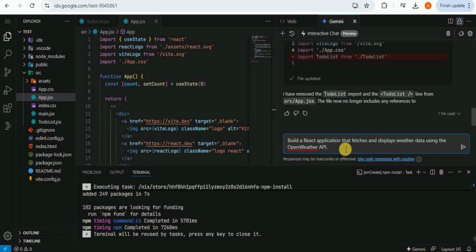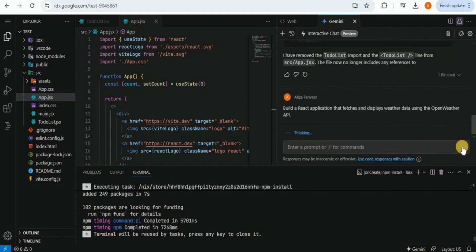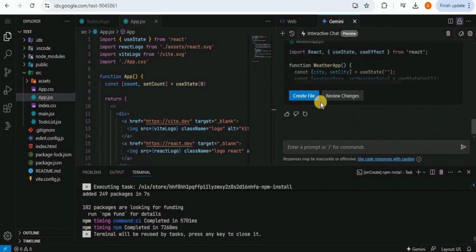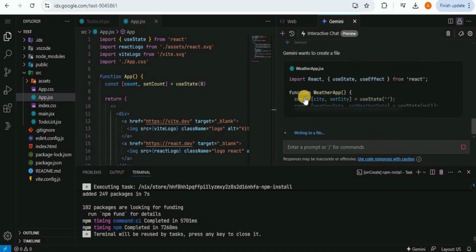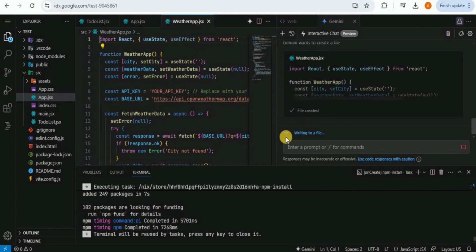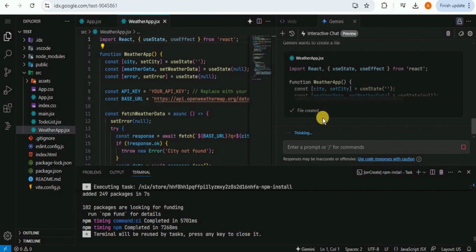I'm going to say, build a React application that fetches and displays the weather data using the OpenWeather API. Once you run it, it will start thinking, and within a few seconds, it will generate the code for you and ask to create a file for it. Once you click on create file, it will write the code to the file and then ask for your